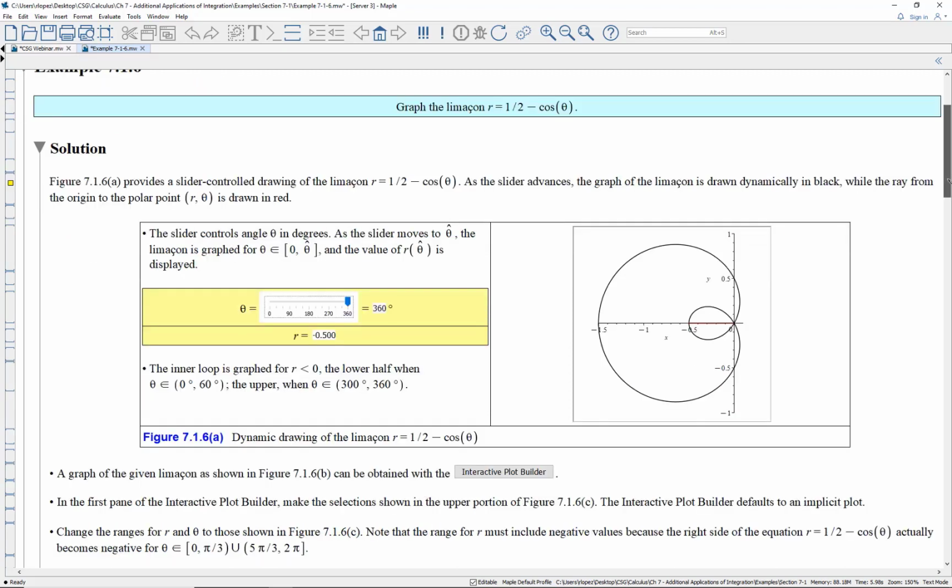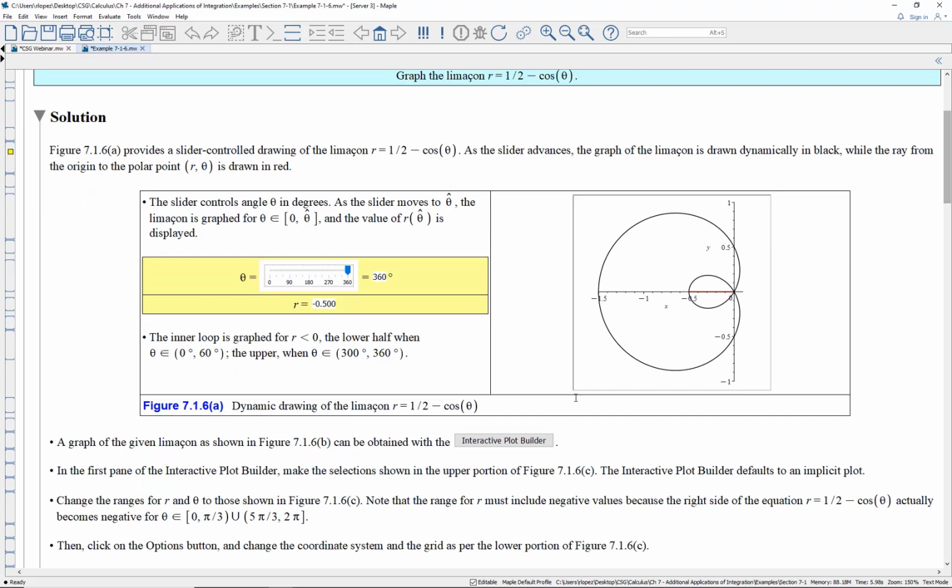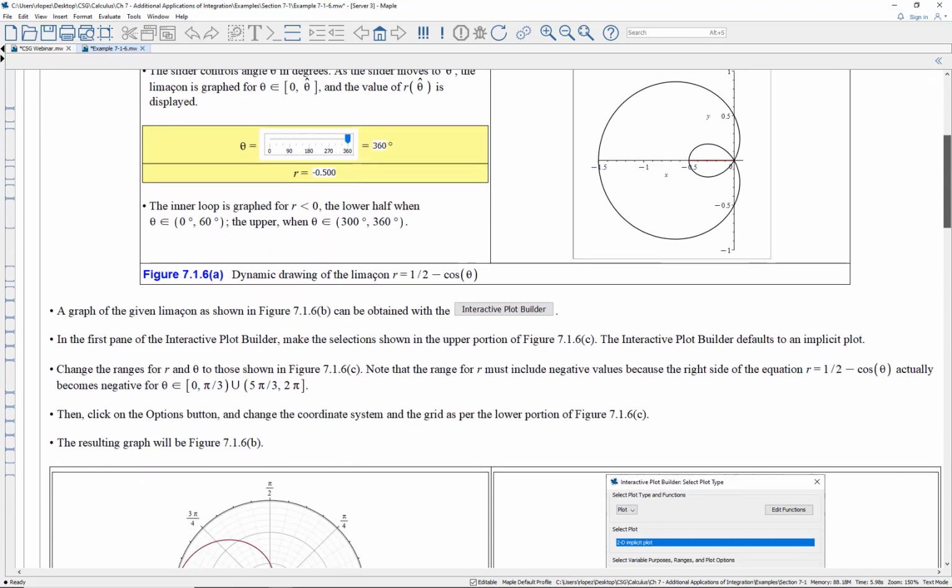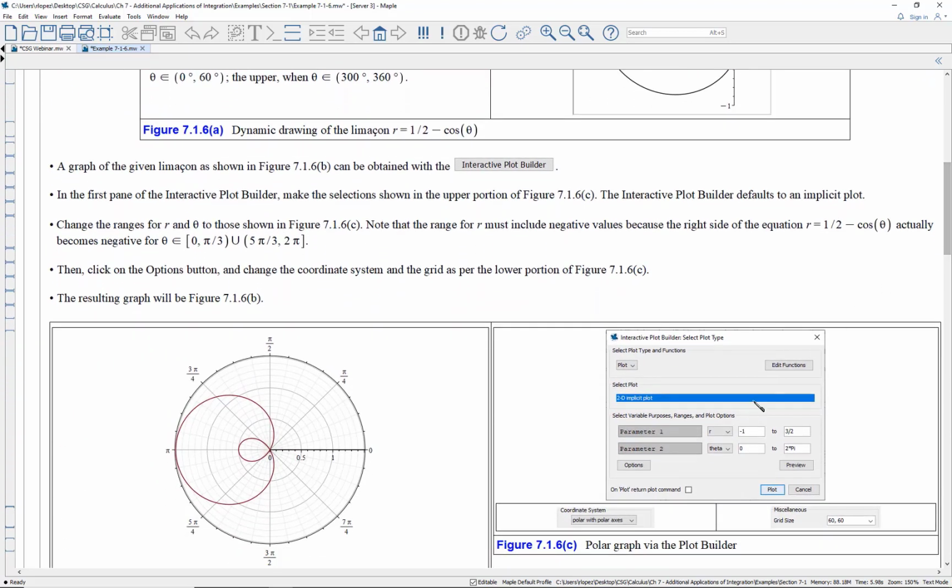Now, Maple can draw that with the interactive plot builder. Interactive plot builder brings up a dialog. This is the first dialog it brings up. You select 2D implicit plot because you're bringing it up for this equation. So 2D implicit plot, define what the parameters are going to be. On the next